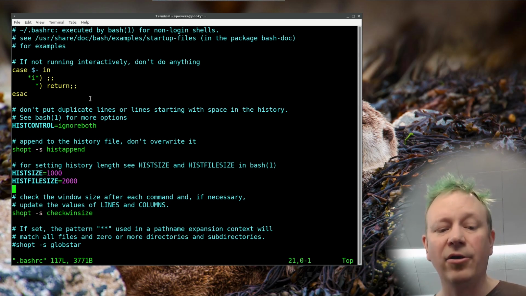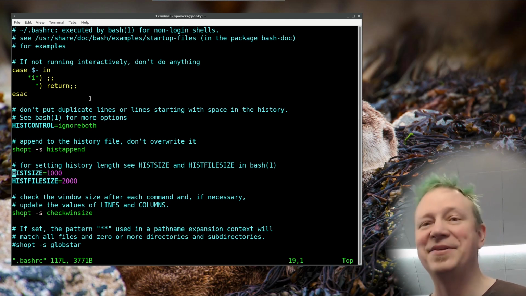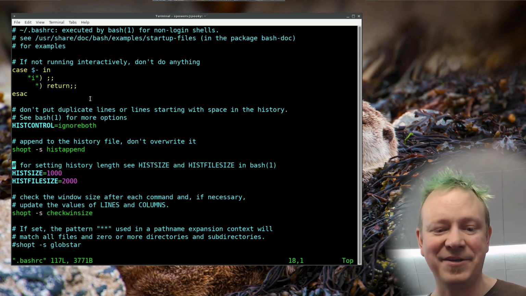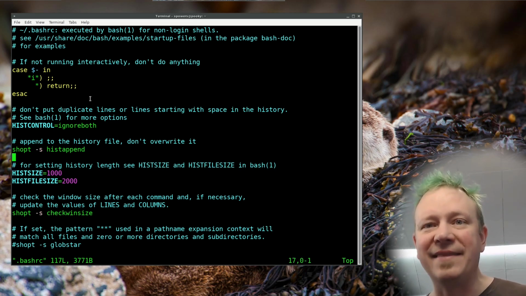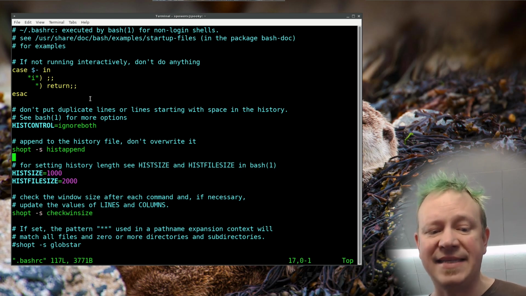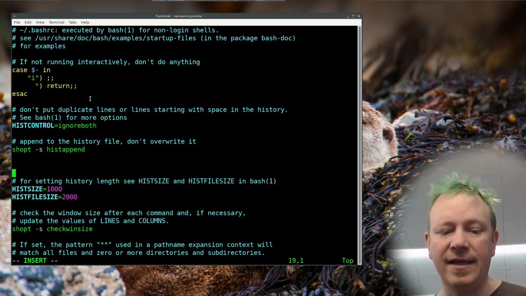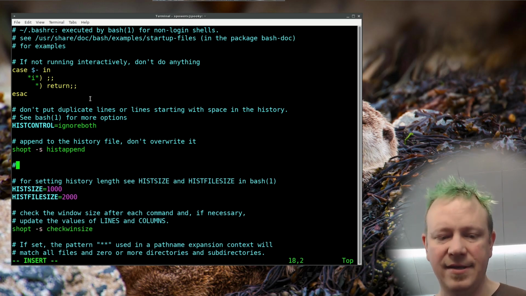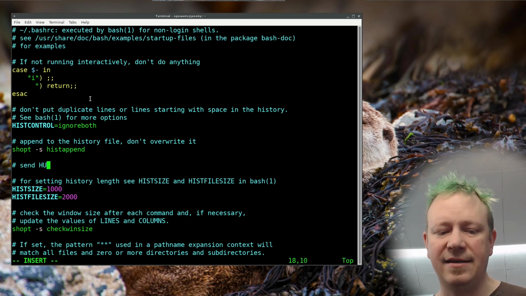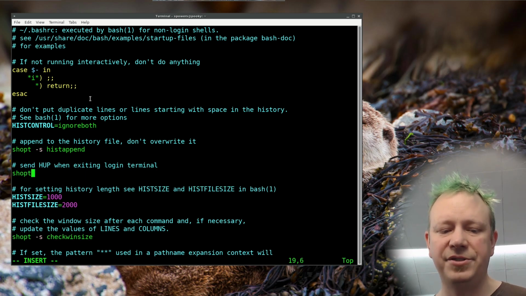If you put it in here, oh look, and I didn't realize this was going to be here, but this is perfect. I didn't look in advance or anything. This is where you set the different commands that you want. For example, history append is set in here, and we could add a comment, send HUP when exiting login terminal, and then we would just do shopt -s huponexit. And if we save this file,